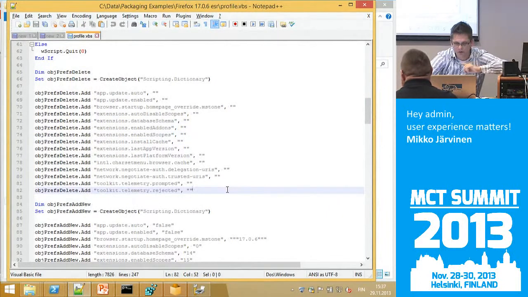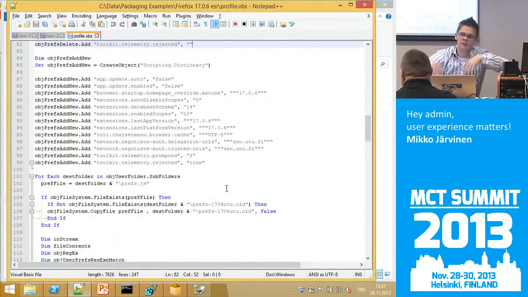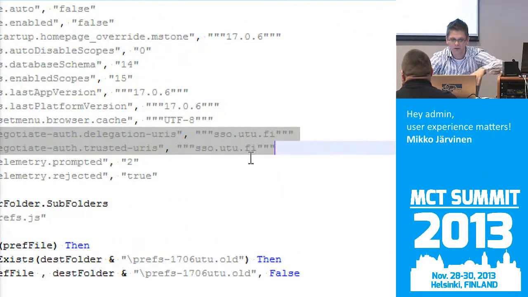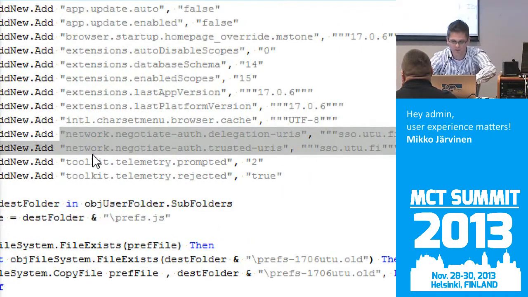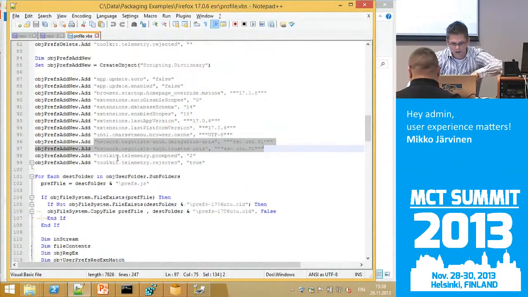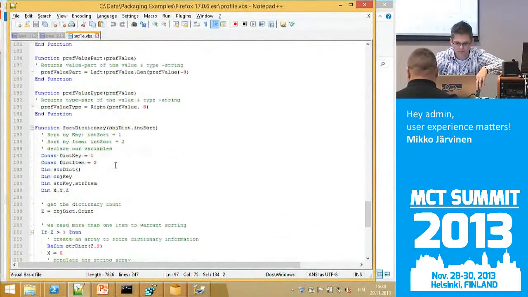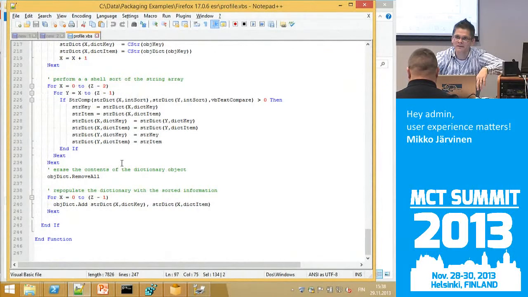And here we go through a few prefs. As you could see, when I started Firefox, it went to the intranet side of the University of Turku. And we have here the SSO settings for the user's prefs file. And then we just make some changes, and user is happy.